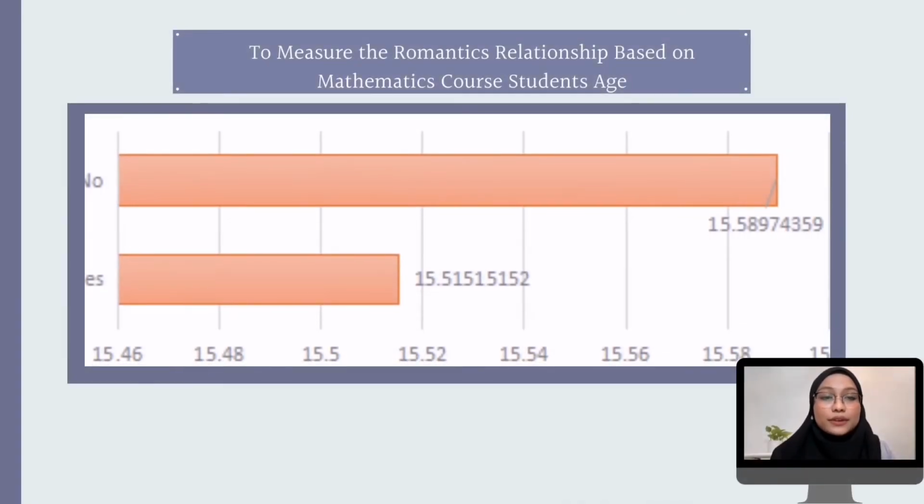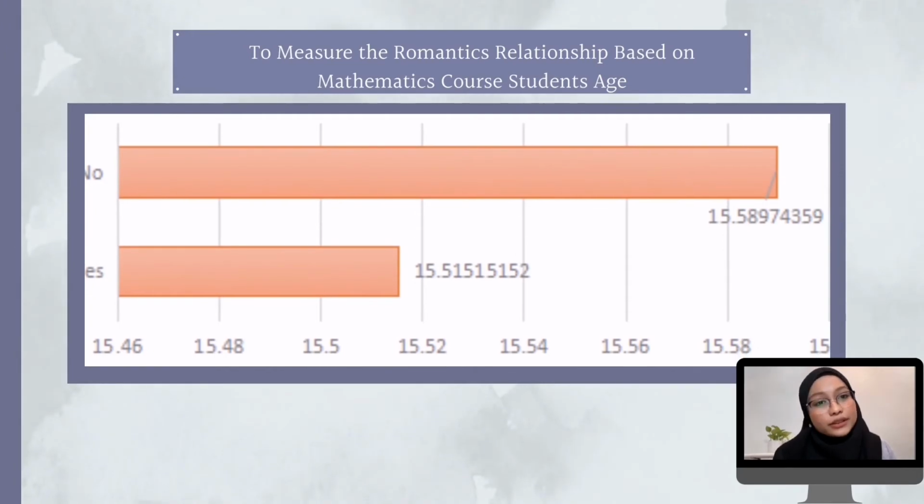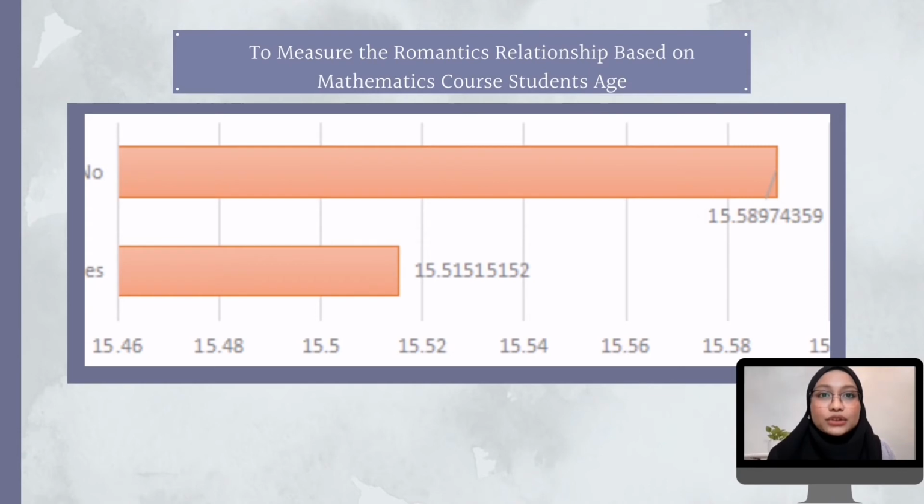The ninth graph is to measure the romantic relationship based on mathematics course student age. The bar chart of the mean score of respondents with a romantic relationship according to their age shows that most of the students have a higher mean score for those who did not have a romantic relationship. So, it shows that a higher percentage of students think that it is not necessary to have a